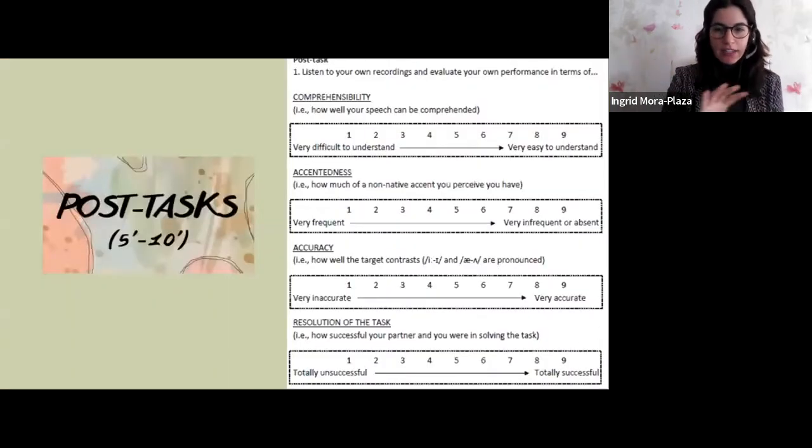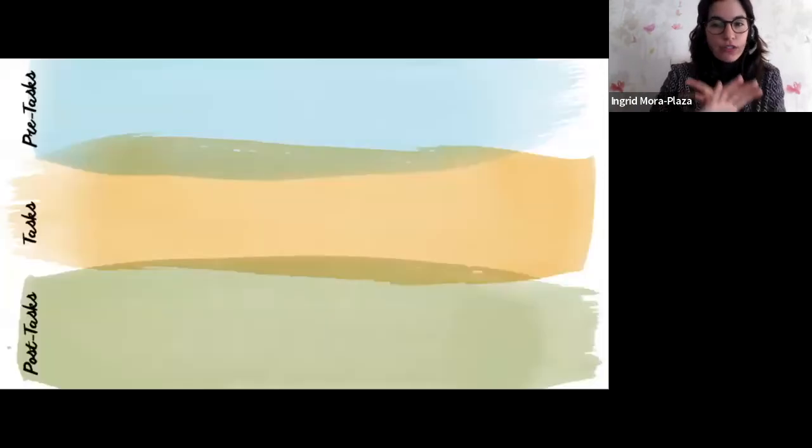Another possibility is to ask learners to record themselves during the task cycle, and then they can listen to their own recordings in the class or outside and evaluate their performance in terms of comprehensibility, accentedness, accuracy, and also resolution of the task. So to sum up, in the pre-task, students shared experiences and engaged in a brainstorming about the